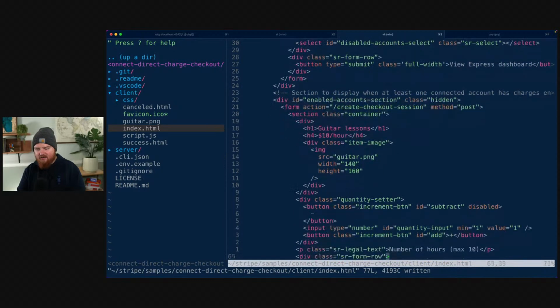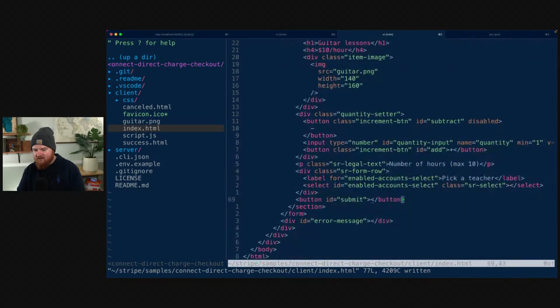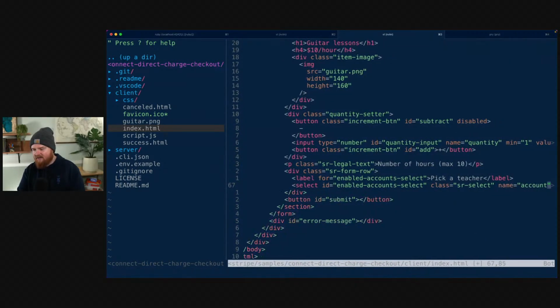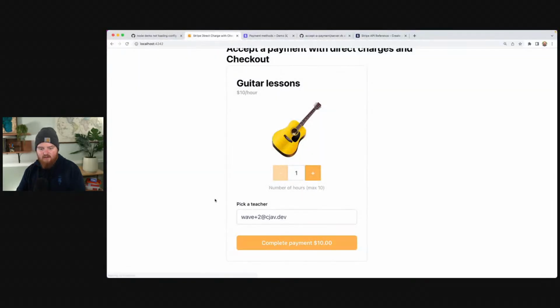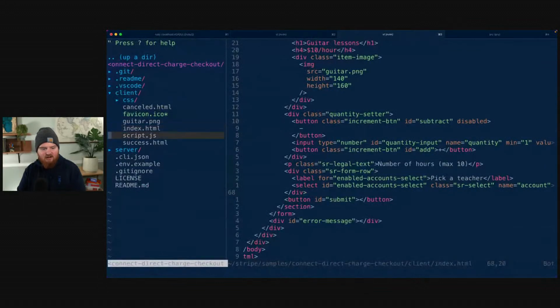And now we need to make sure that our inputs have a name. So this needs to have a name, and that's going to be quantity. And our select also needs a name, and this is going to be account. Okay. All right. So now when we refresh the page, what I'm expecting is that on the server, we're going